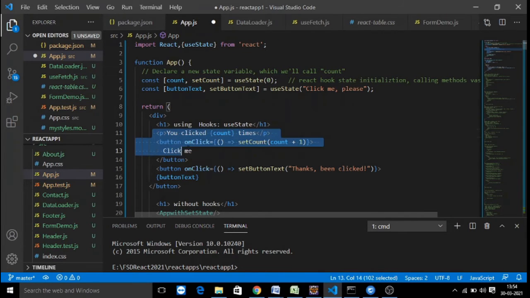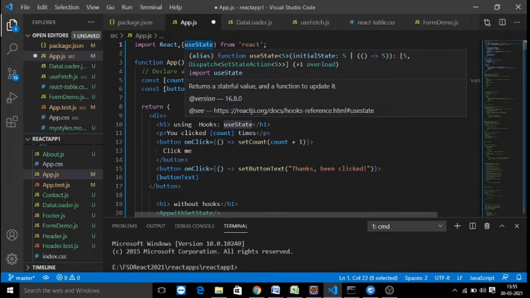Now we have a button component here. We are also registering that by using onClick, where we don't have any class, we don't have any constructor, and we don't have any lifecycle methods here, right? Simply you import your hook and register the setCount method. The count name you also give right there. In a single line you declare a variable, register a function, and give an initialized value. Here the function setCount increments for every click. This is a simple replacement for your existing setState method using the useState React hook.